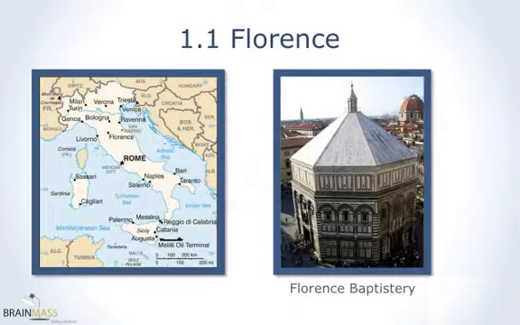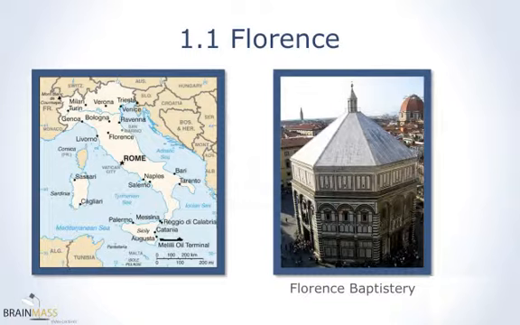One city is associated with the early Renaissance more than any other city, and that city is Florence. It's located north of Rome, but south of many of the major Italian cities in the north, such as Venice and Milan. It's located in a region called Tuscany. Tuscany gets its name from the ancient Etruscan people who lived in this region around the time of the ancient Romans. Florence existed as an independent city-state, and so it warred with other powers at the time. One of the cities that it would war with was Milan, and some of the warring between the city-states had an influence on the art that was produced in Florence, and so we'll take a look at that in just a moment.